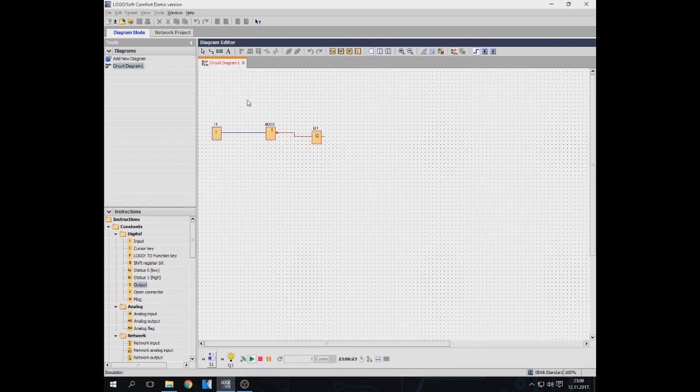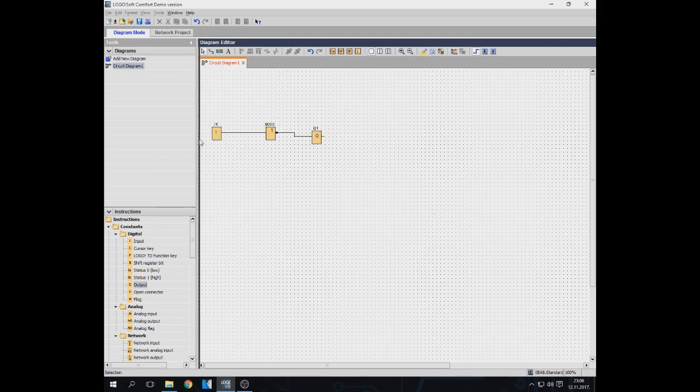Before, when you turn on the simulation, that output already works, but when we turn on the input, that output stops working, and that is the NOT circuit. So I'm gonna turn off the simulation and delete all of these,